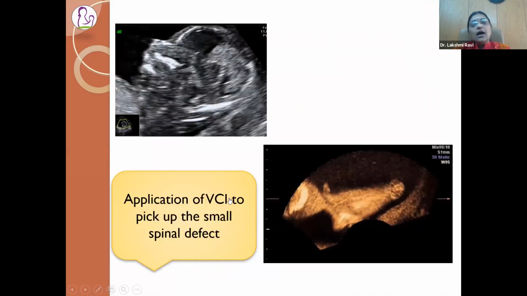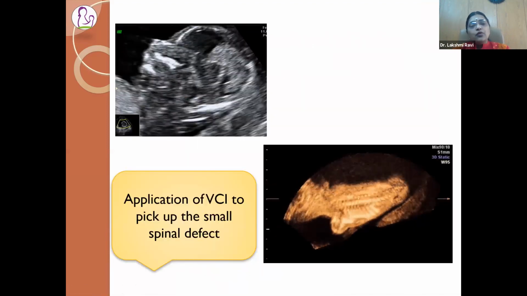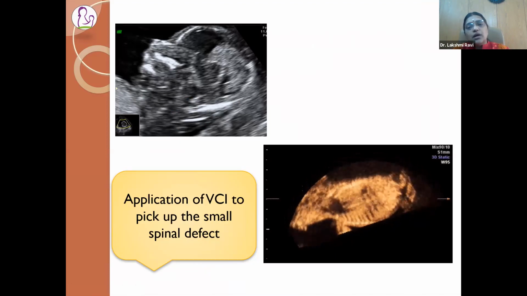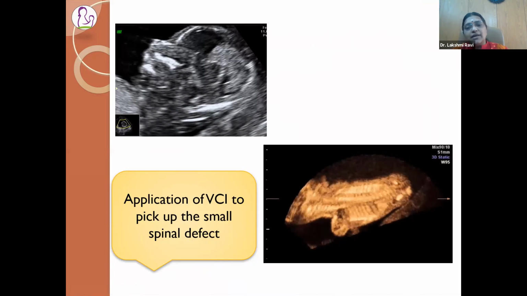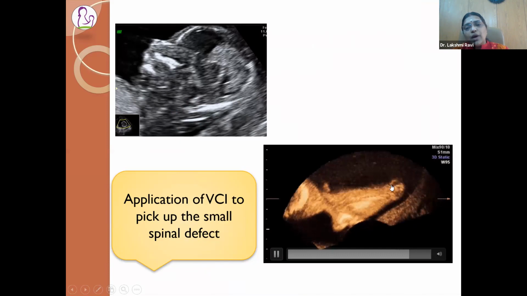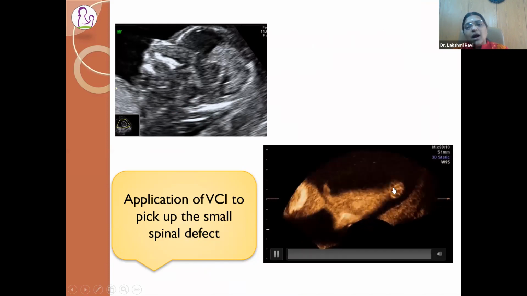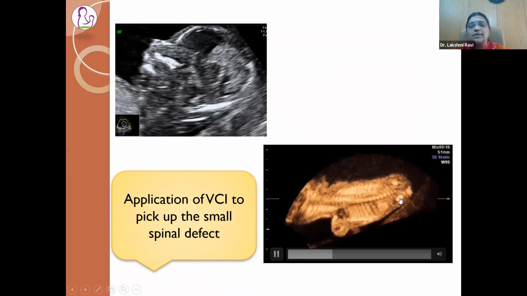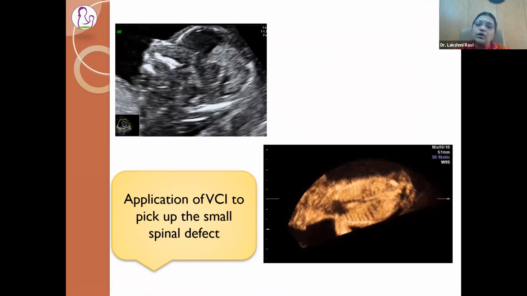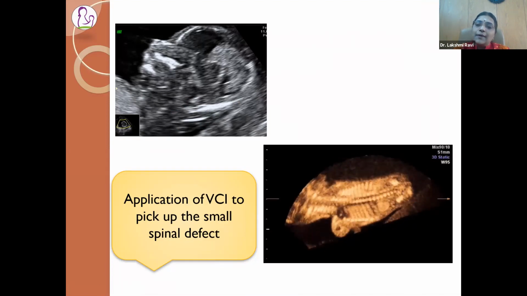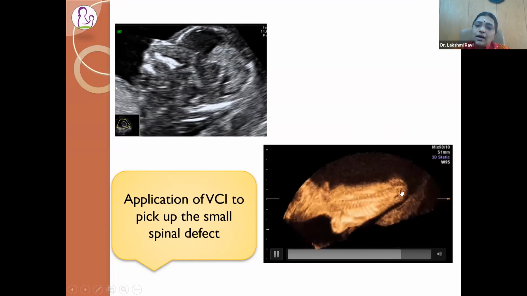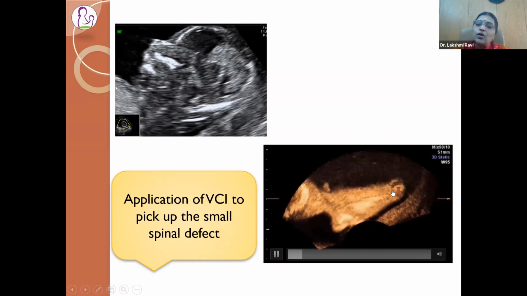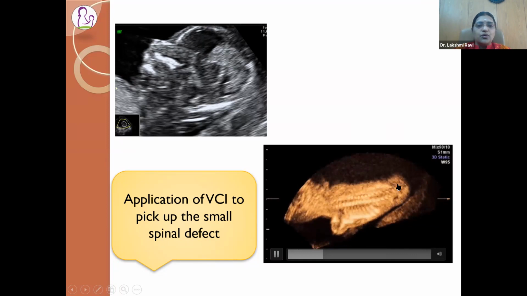The next thing is coming to the first trimester spine. If you have an obliteration of the intracranial translucency and you're trying to search for a neural tube defect, an open spina bifida in the first trimester, just look how nicely, when you add BCI to your 2D plane, you see this open neural tube defect here, a small myeloschisis. Myeloschisis are very difficult to pick up on ultrasound. You can very nicely see the exposed neural placode here. This is just on the volume. You've just applied BCI, so that has nicely brought out the lesion for you here.